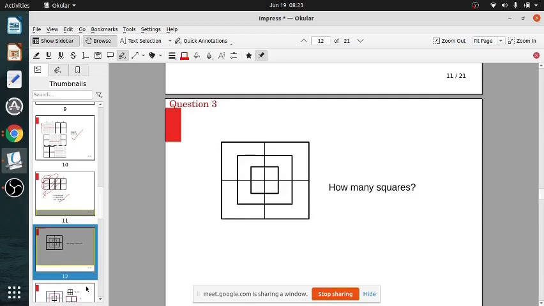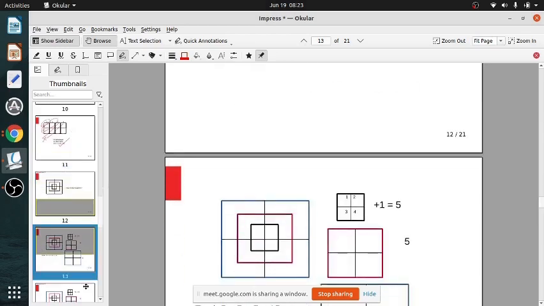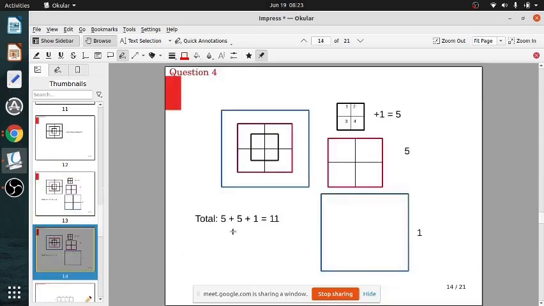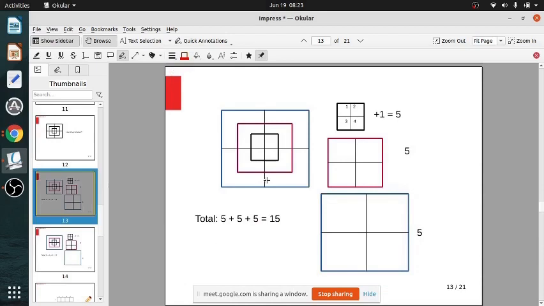Let us take it part by part. We have taken the part by part. See, the smallest squares you can take 1, 2, 3, 4, and the whole square you can take. That means total 5 squares. I'm taking only the black one: 1, 2, 3, 4 small squares, or the one full square. You get 5 squares. Is it okay?